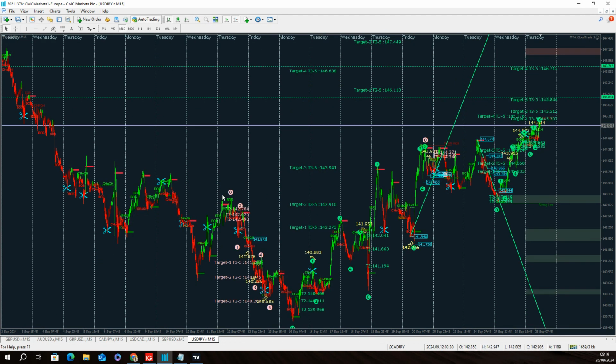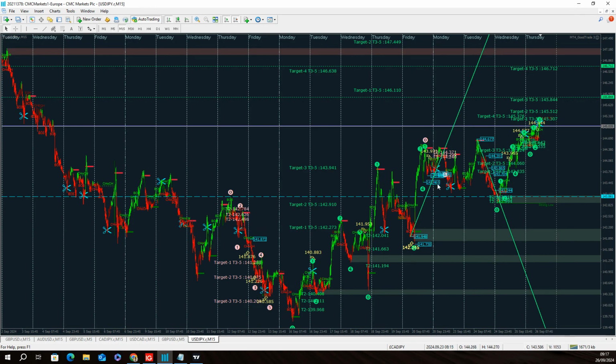I mentioned this last week on Thursday that above here you don't want to be selling the dollar yen, just because of how much this thing has been sold, and you are not giving the buyers an opportunity. They're going to make you pay, because you see the price is going nowhere basically. But if you are selling this, you're not making money. Even if you are buying this, you're not making that much money unless you are picking the bottom when the pullback has happened. And as you can see, those bottoms are actually tricky to pick based on what we can see on this